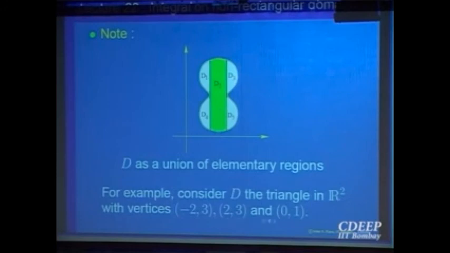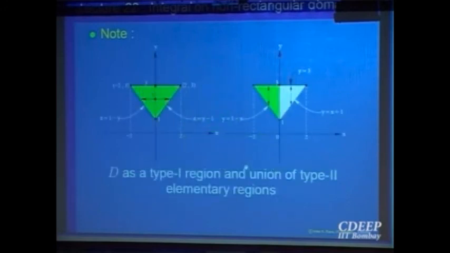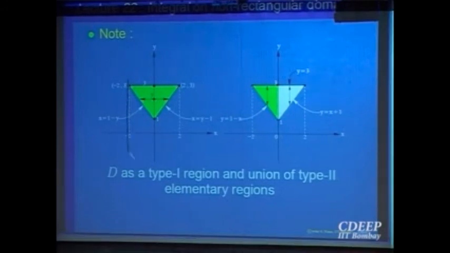And you can compute. So for a specific example, if you are trying to compute over a region which looks like this triangle, then I can look at it one way, that it lies between these two lines, x is equal to minus 2 and plus 2. Now if I take a point in between, and I move perpendicular, then I have to go from here to here, but if the point is here, then it goes from here to here. So the functions phi 1 and phi 2 of x don't remain the same throughout the region.